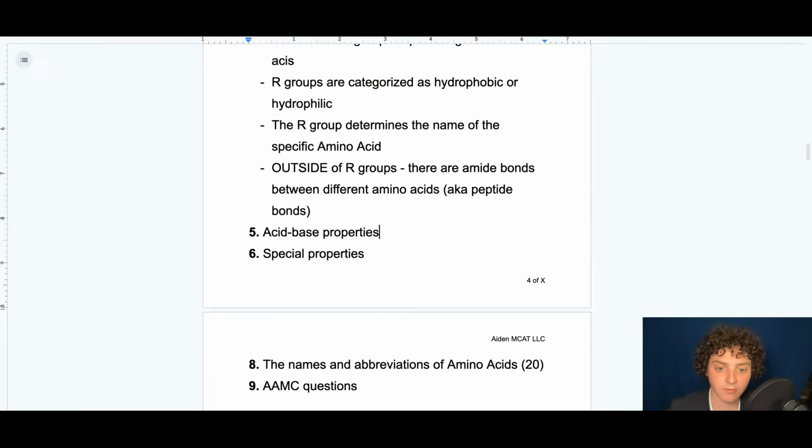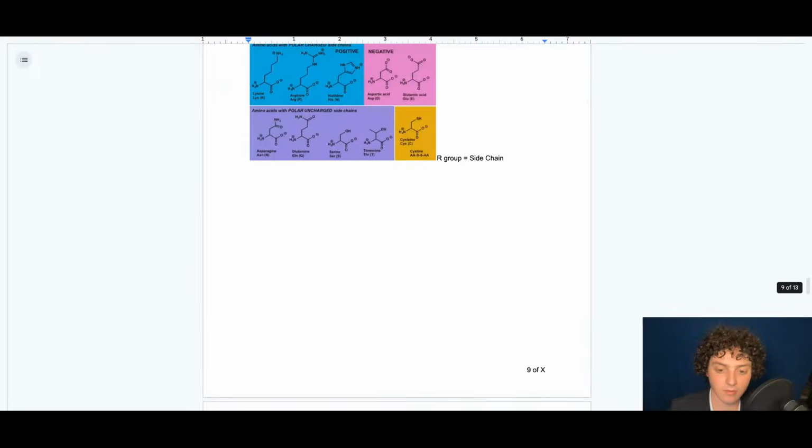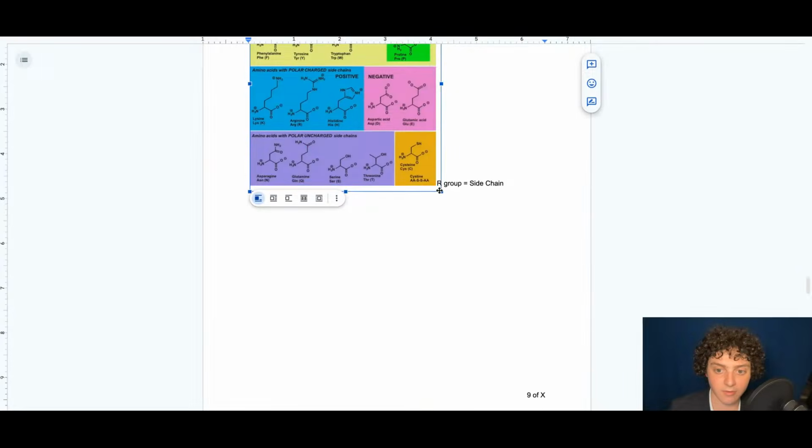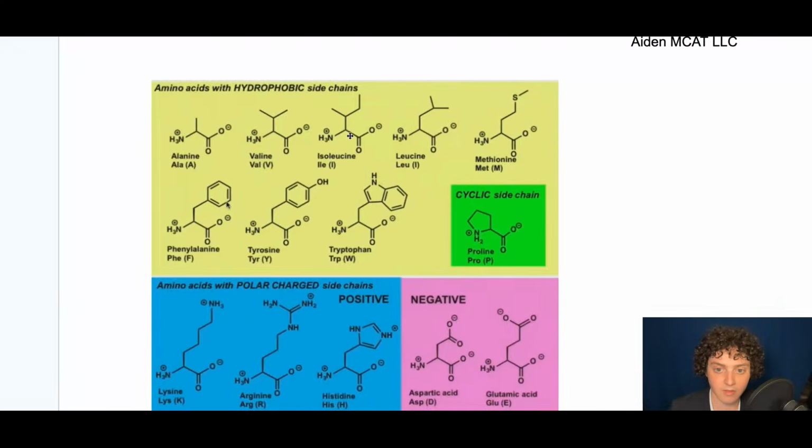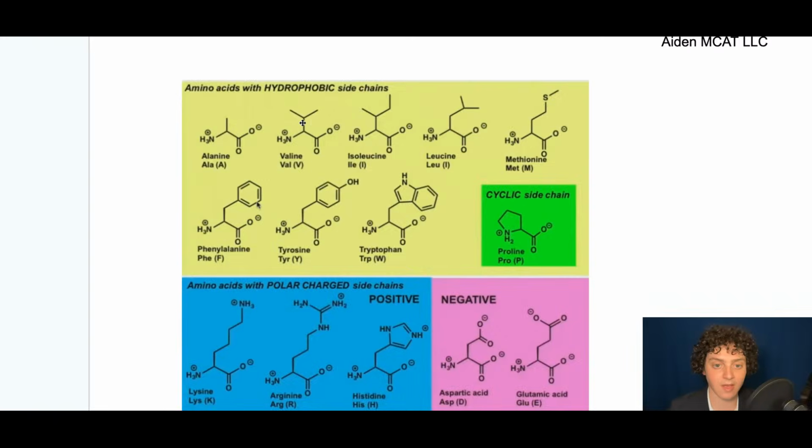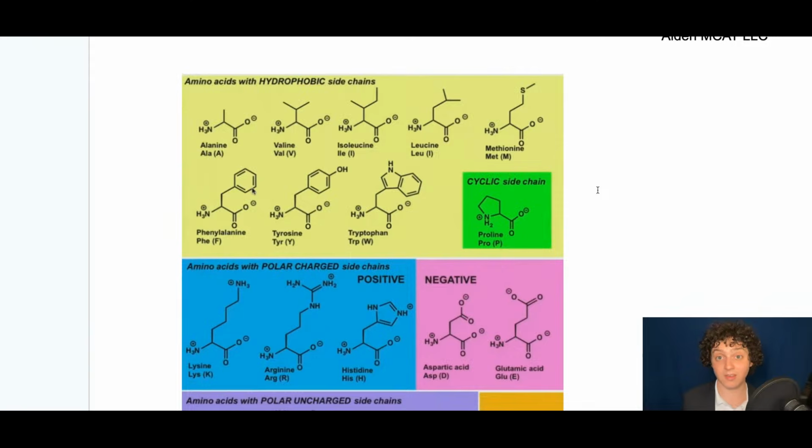Returning back now to the diagram of all the different side chains, MIT has these depicted as their zwitterion forms because that is how they exist in a water-like environment. But what kind of water-like environment is the human body? Well, when it comes to a discussion of a molecule that can either accept a hydrogen, a base, or donate a hydrogen, an acid,